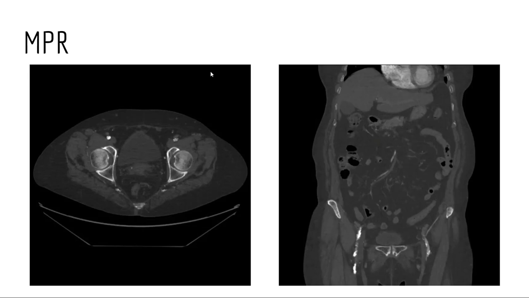So multiplanar reformats, we know what these are all about. As an example, let's take a look at this common femoral artery here. We're seeing a severe coral reef calcification, and on this view, I argue that this looks entirely occluded, but when we go to our 2D image, we see that there's a little bit of contrast going through, so it's a near total occlusion. But again, we're not getting an overview of the vasculature. We can get an idea that this patient has poor vasculature,